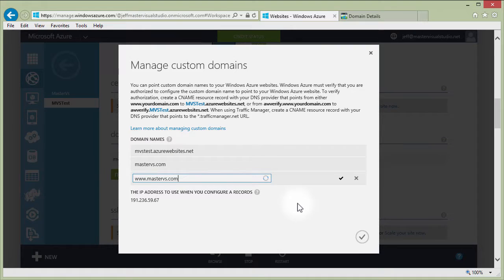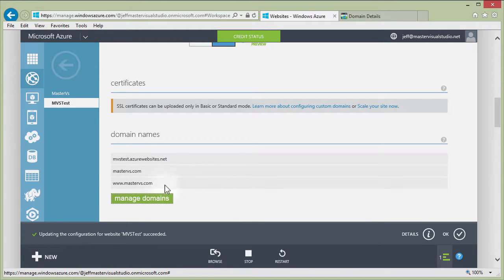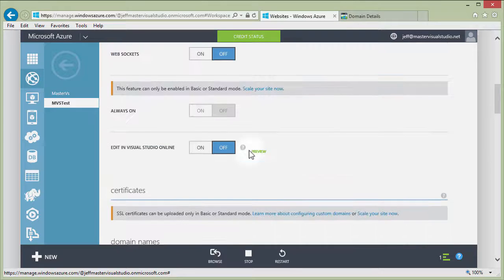www.mastervs.com. Click OK. This should update in just a minute. And now we've got these three domains that we can access the same site through. So let's go back over to